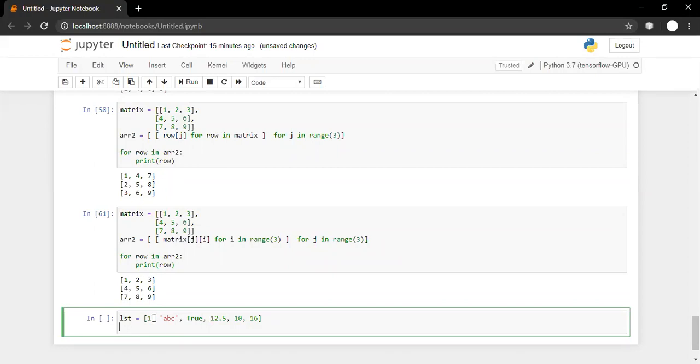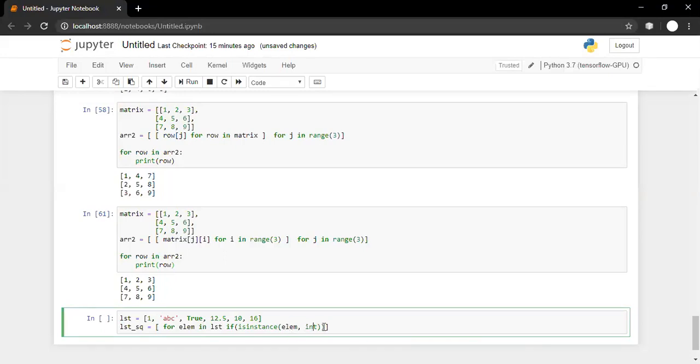Using list comprehension, let us say lst_sq is equal to, for element in lst, if isinstance(element, int). I hope you remember this function isinstance, to which I am passing the element and int. What I'm asking is whether this element is an instance of integer.